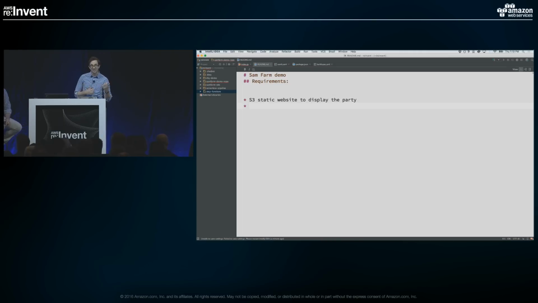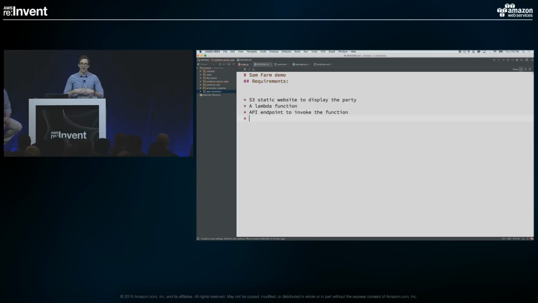The next step is I need that Lambda function that I just wrote and just updated to tell me how many people should be in this party. So I need a Lambda function. The next thing is I need an endpoint to call that invokes my Lambda function that gives me that data. So I need something, probably API Gateway, and thankfully with the SAM template, I can define that whole thing. And we'll show how we're defining that in a second. So I need an API endpoint to invoke the function.